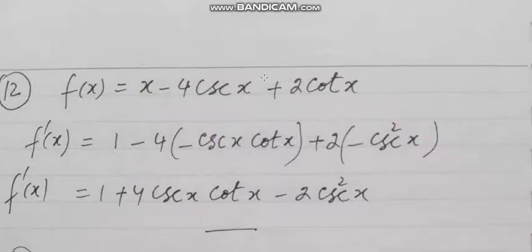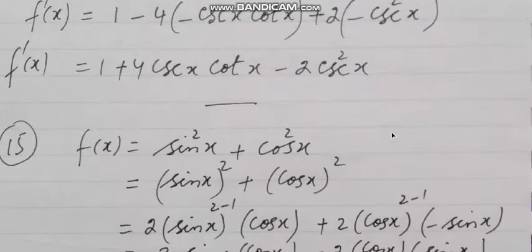Now if the question is like this, that the derivative could be cosecant 2x or cot 2x, what will be the difference then? Then this would be cosecant 2x cot 2x, and the derivative of the angle will be 2. Same for this term, that will be minus cosecant square of 2x, and then the derivative of the angle would be 2.